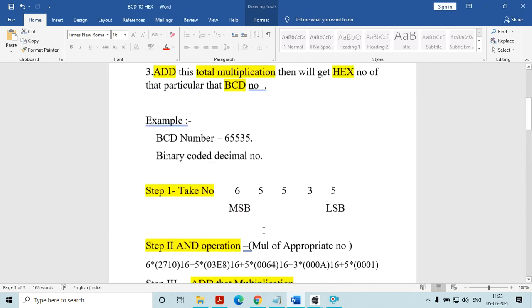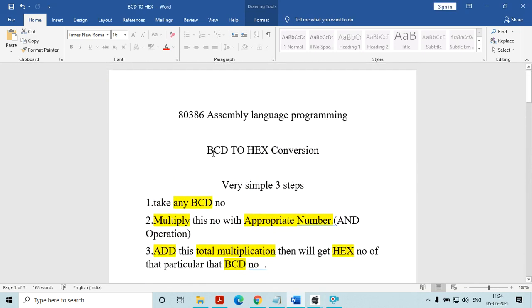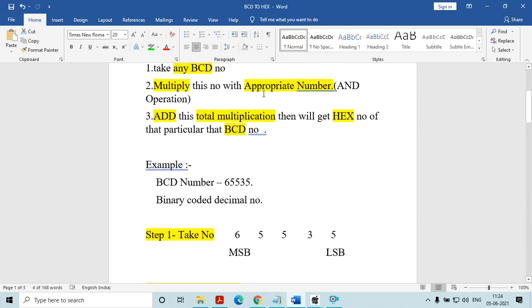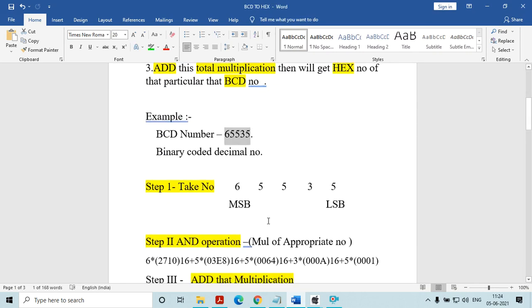So these are very simple steps to convert the given BCD number to a hex number. We take the number as it is, multiply it with the appropriate number, a multiplication operation is there, and we have to add those multiplications. This is our given number.